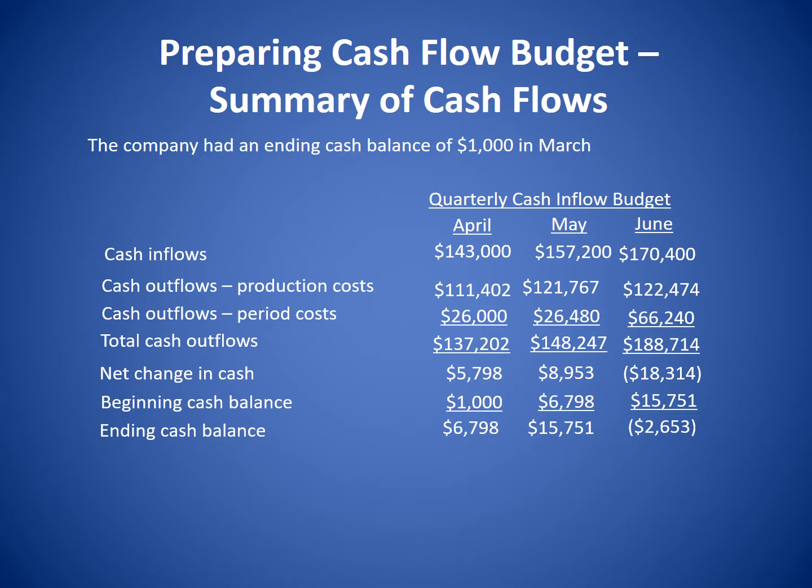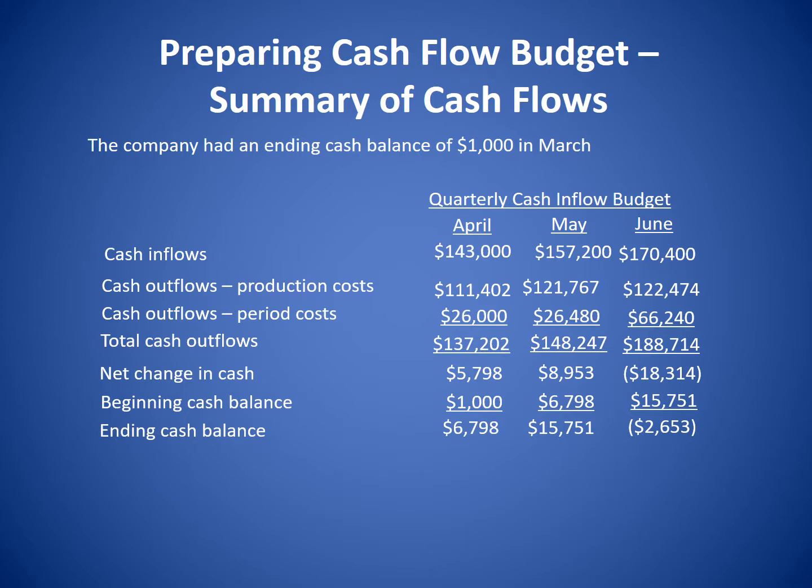Our net change in cash was a positive inflow of $8,953. We add that to our beginning cash balance. That means that our ending cash balance for the end of May is $15,751. We can take that ending cash balance from May and move it to our June beginning balance, which is $15,751. But in June, our net change in cash is a negative $18,314, which means that if everything remains equal, we will have a negative cash balance of